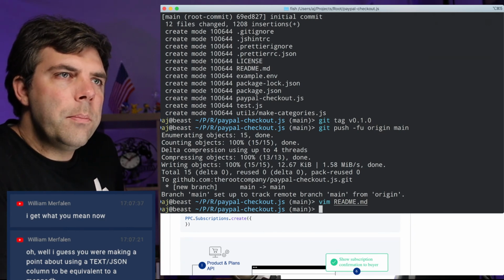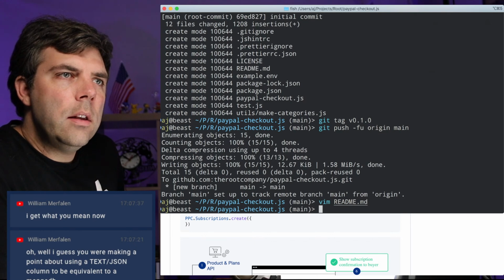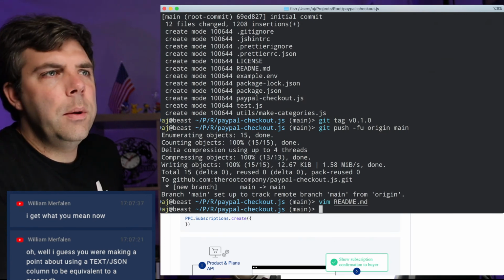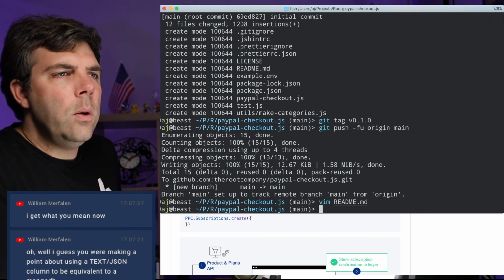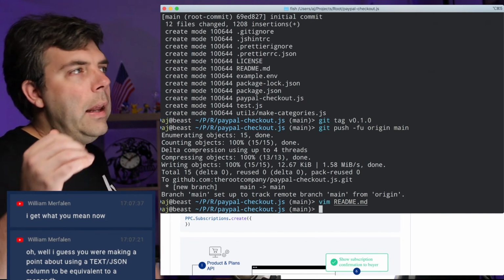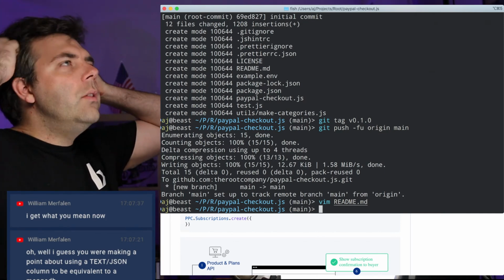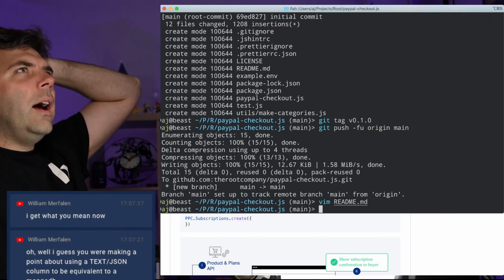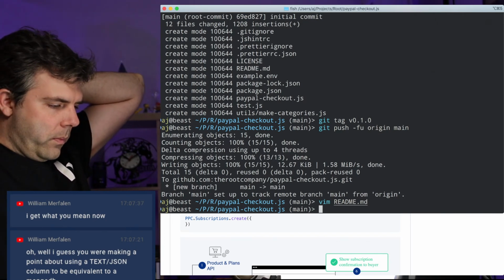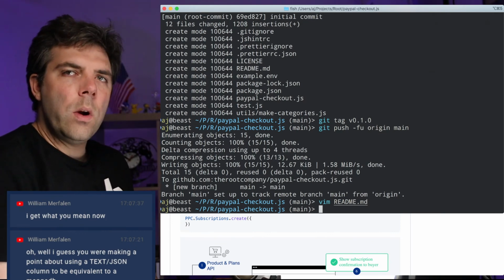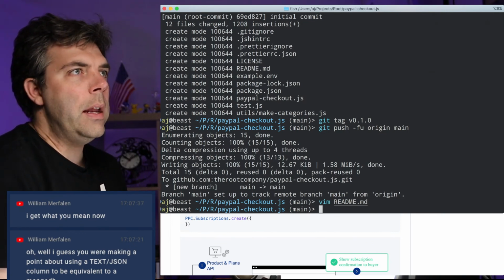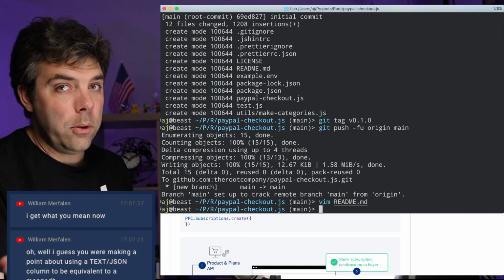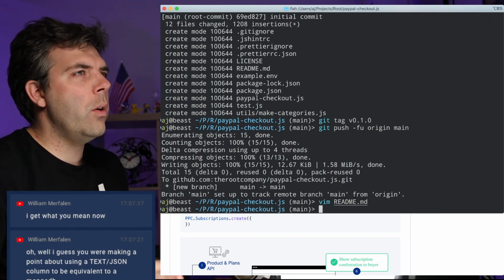When you use JSON, because the pattern I'm using is normalized. I guess you were making a point about using a text JSON column, equivalent to MongoDB. Yeah. So, but that's a question though. I guess the potentially good thing, I don't know. I don't know where you run into cases where, for average applications,